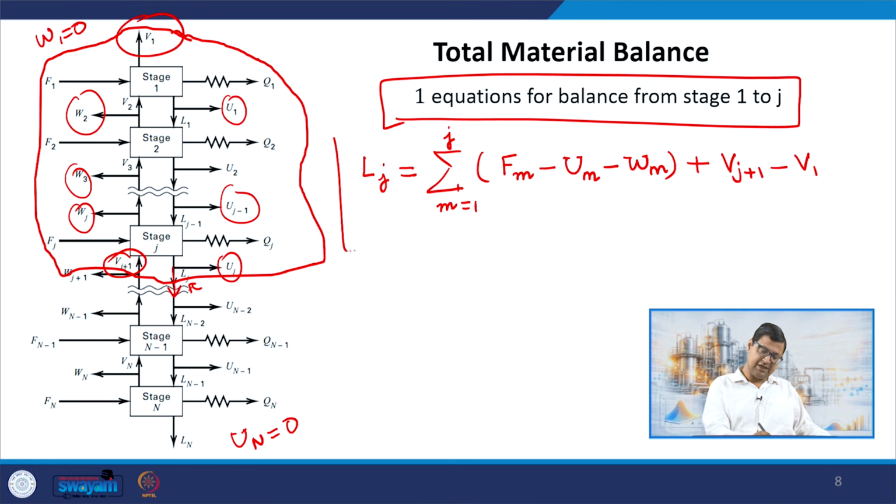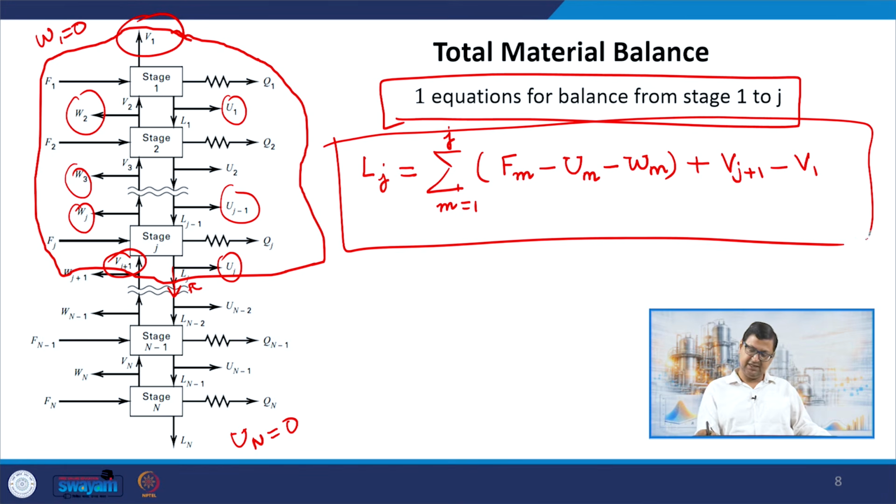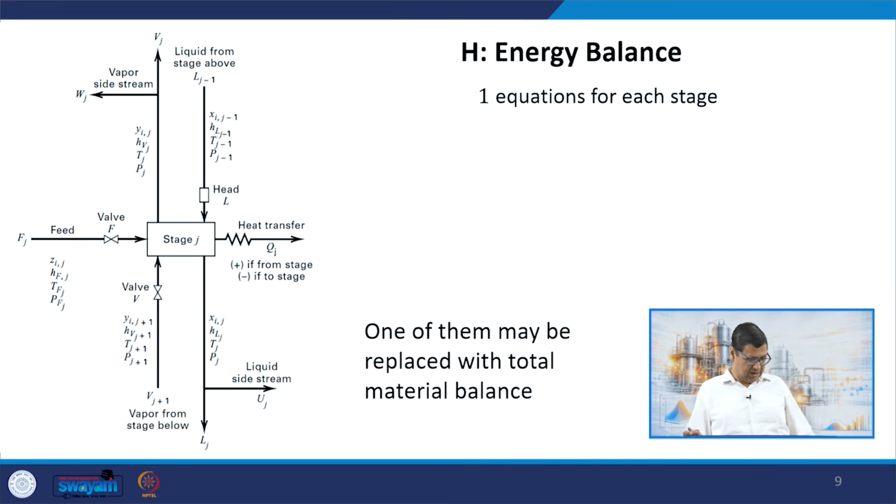So, therefore, I can get the liquid flow rate leaving stage j in terms of the other flow rates given in the problem, right, and that becomes the expression of the total material balance which I am going to use in place of the summation of mole fraction equation. Okay. We can also write the energy balance for this stage, and the energy balance I will represent as something like Hj for stage j, and there is going to be only one equation for every stage, right,